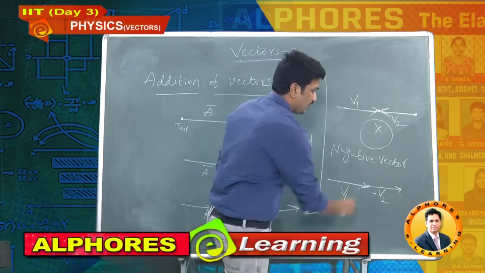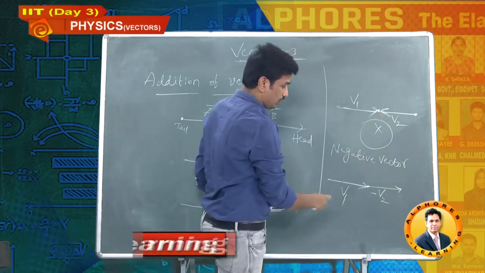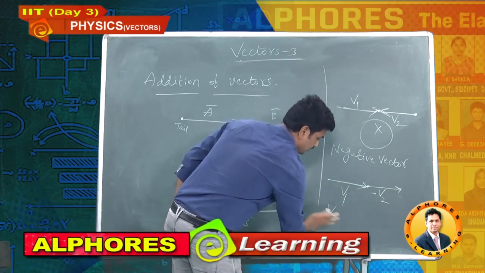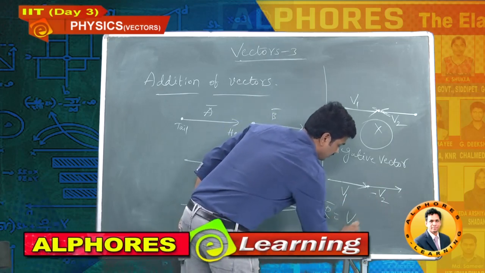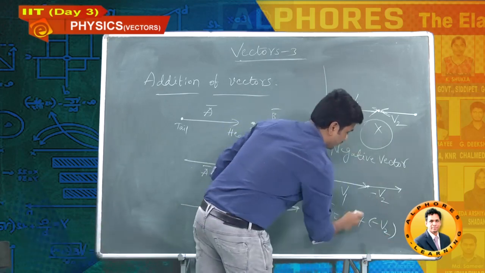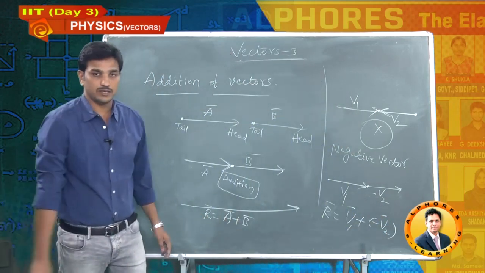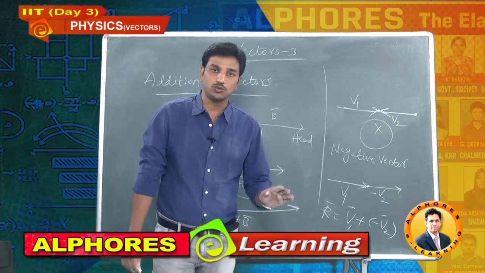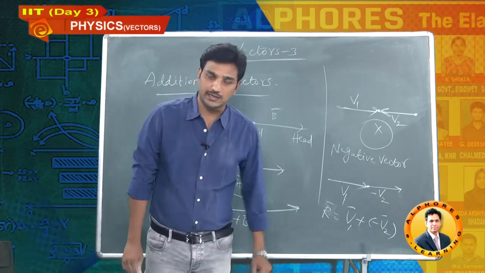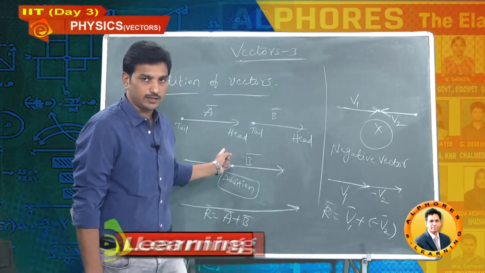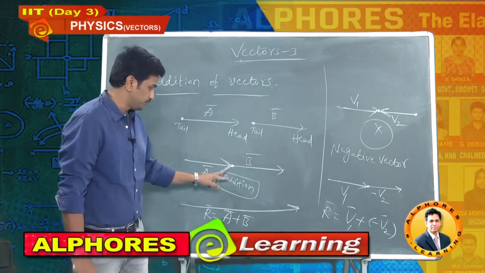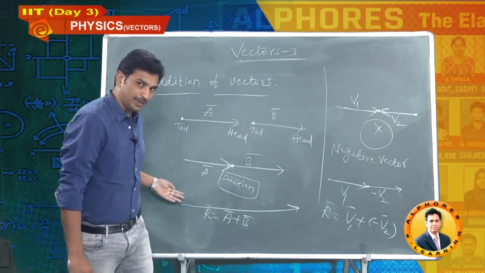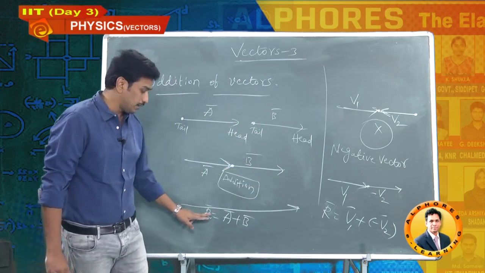It's a minus V2. After you reverse V2, now we can add V1 and minus V2. What is the resultant of these two? The resultant of these two is V1 bar plus minus V2 bar. Simple. So once again the final conclusion is, how can you add two vectors? The head of the first vector should join with the tail of the second vector. In this manner we should add. A bar, B bar added, forming a new vector, that is the resultant vector A bar plus B bar.